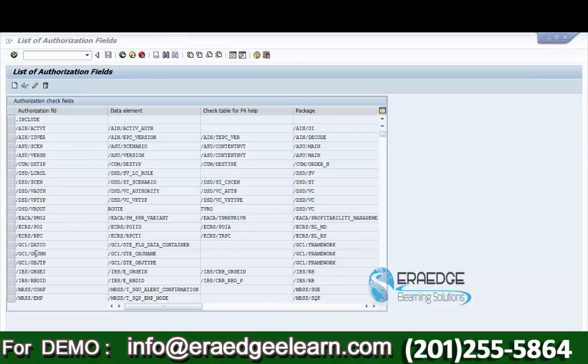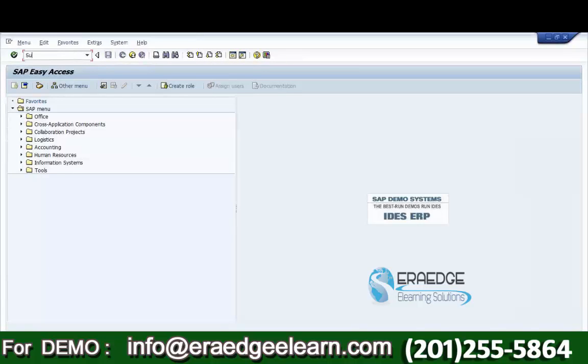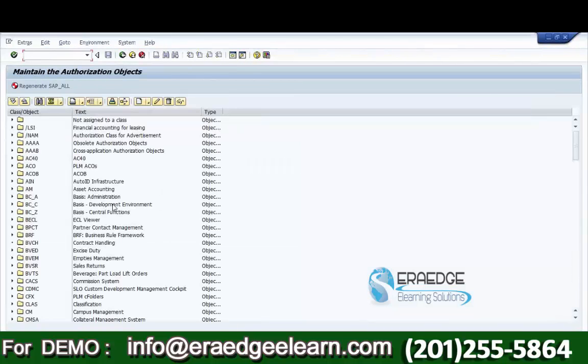So these fields will be part of authorization objects. For example, let me open a new session and go to SU21. It displays the authorization objects and authorization classes.